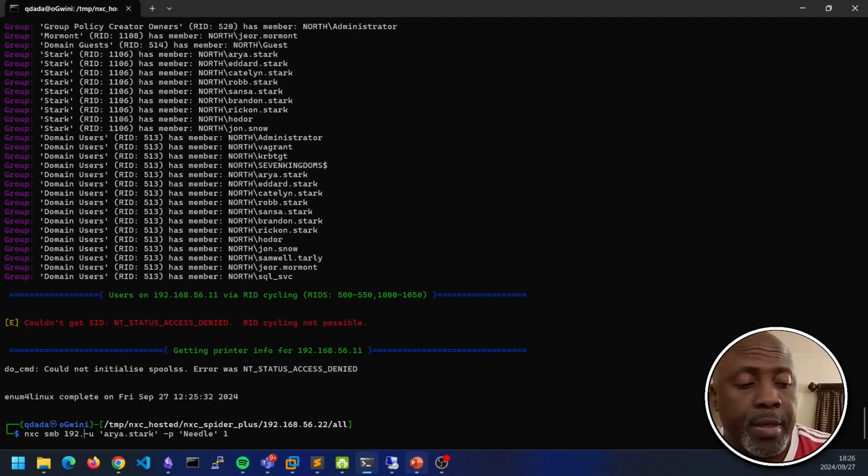Are those creds available or valid anywhere among the 5 hosts? We remove the .1. Right, we say NXC, we're using the SMB module, and then we're saying look at the 56 network, see whether the creds Arya Stark with password needle are valid anywhere.